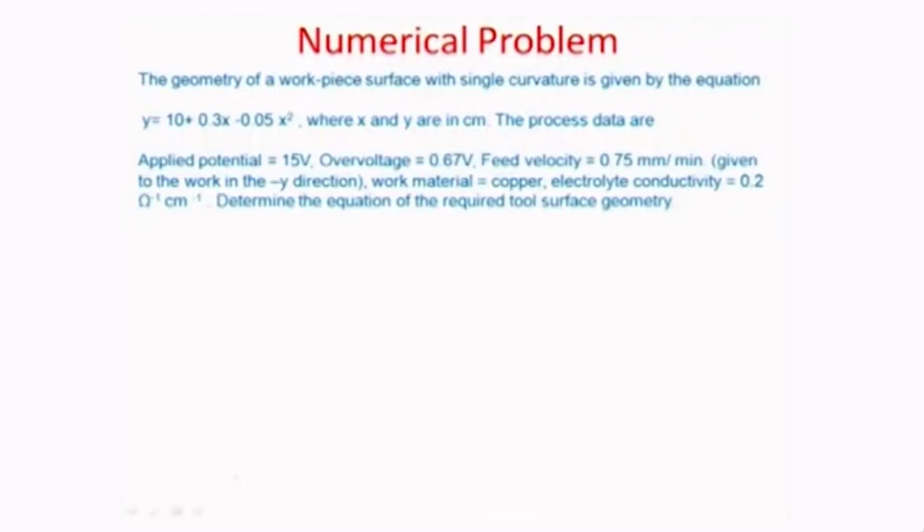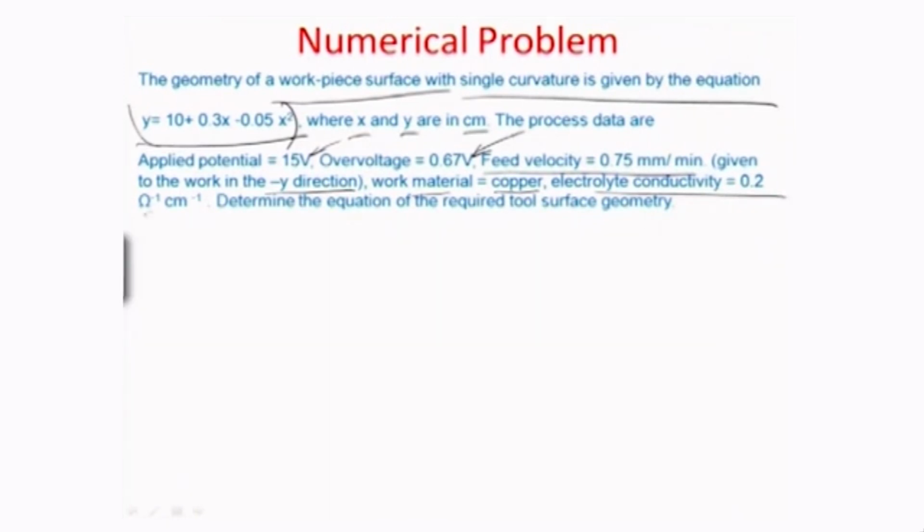Here, as you see, the geometry of a workpiece with single curvature is given, and this geometry is given by the equation y = 10 + 0.3x - 0.05x², where the values are in centimeters. The process data is that the applied potential is 15 volts, and the overvoltage needed is 0.67 volts. There is a feed velocity of 0.75 millimeters per minute, given typically in the -y direction. The work material is copper, and the electrolyte conductivity is about 0.2 ohm⁻¹ cm⁻¹, and we have to determine the equation of the required tool